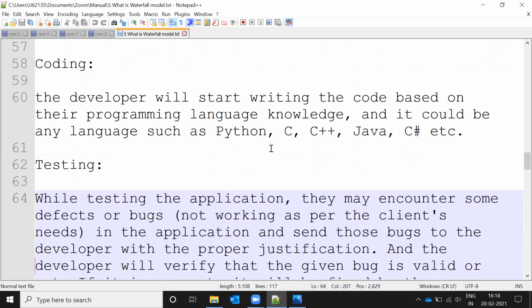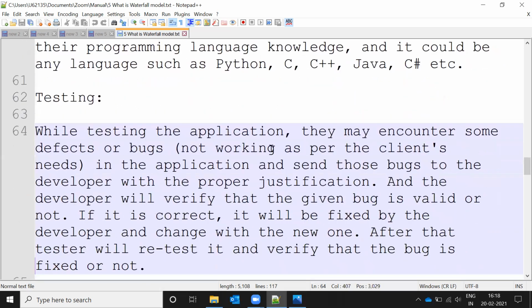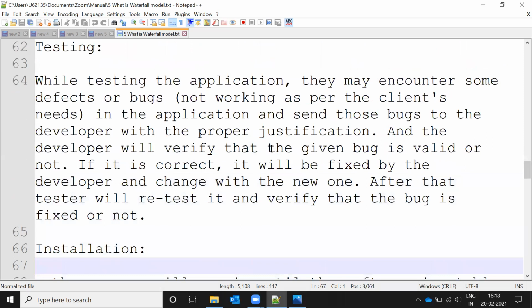Once the developer develops the complete application, they will send it to the testing stage. In the testing stage, basically the tester tests the entire application based upon the requirement that came from the client. Based upon that requirement specification document, they will prepare test cases, and with these test cases they will go for application testing. They will find defects, send them to the developer, who fixes them, and then retesting happens.